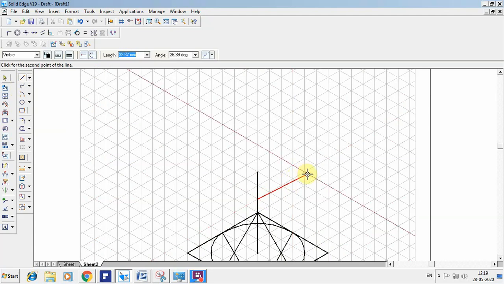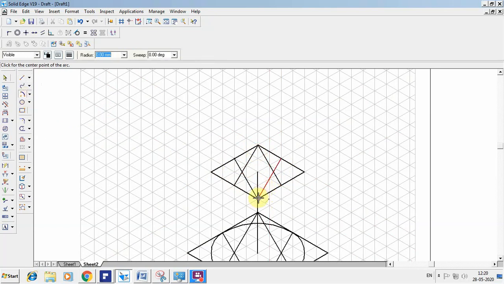So I will go for 40 and 40. I want to select now from here to the center point, again from here to the center. Similarly from this point to the center, again from here to the center. Go for arc by center point again. This is the center, this is the radius, construct. From here again I want to construct. Take this intersection point, construct the arc. Similarly take this as center point and construct.